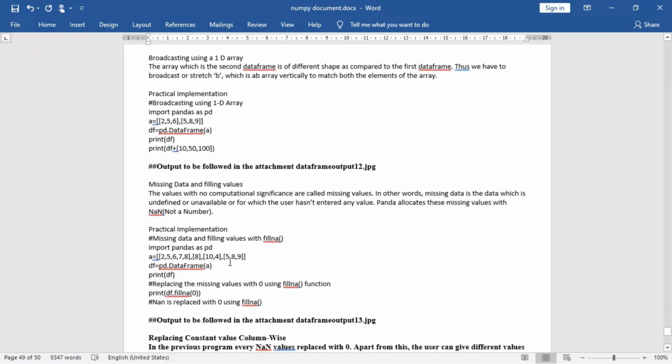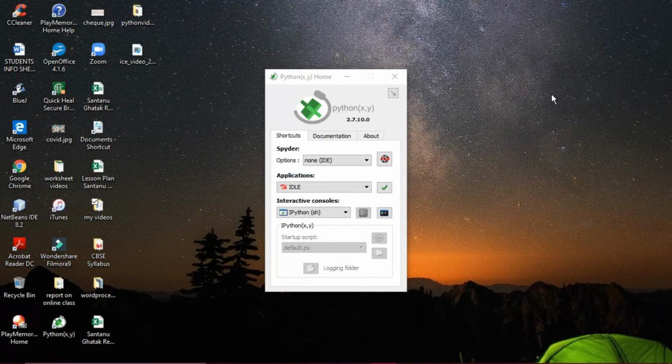Missing data and filling the values. The values with no computational significance are called missing values. In this case, the array will be filled with NaN. NaN means not a number. And afterwards, if you want to fill those NaN values with 0 or some other values, you can use the fillna function. So we will see one of its implementations here.